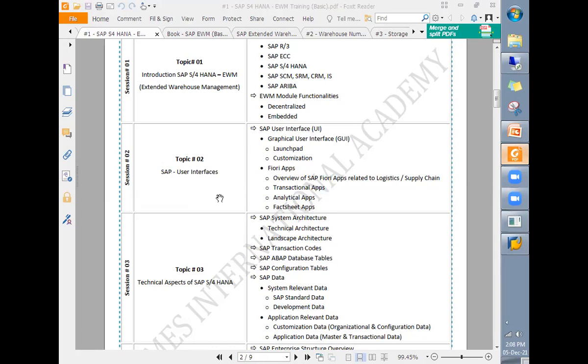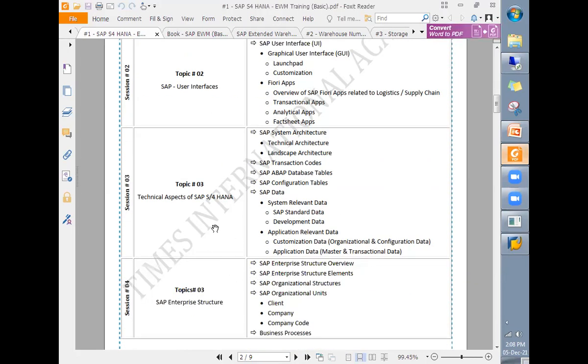After understanding the user interfaces in detail, we will discuss some other technical aspects related to SAP, which include system architecture. Here we have technical architecture and landscape architecture.